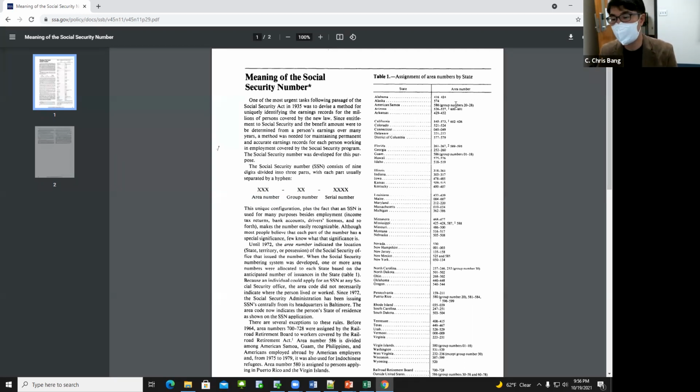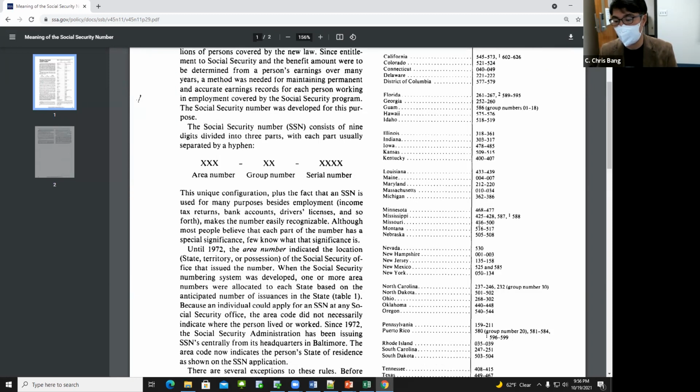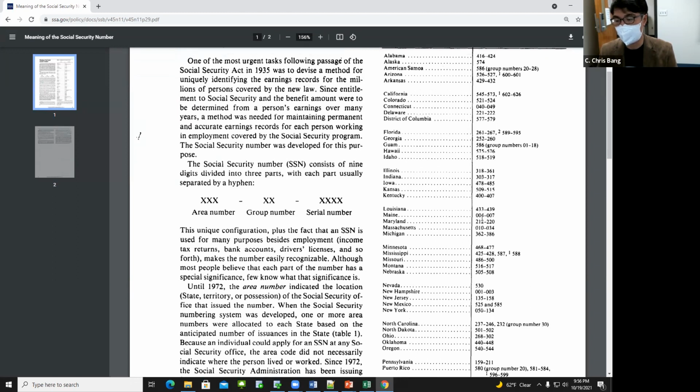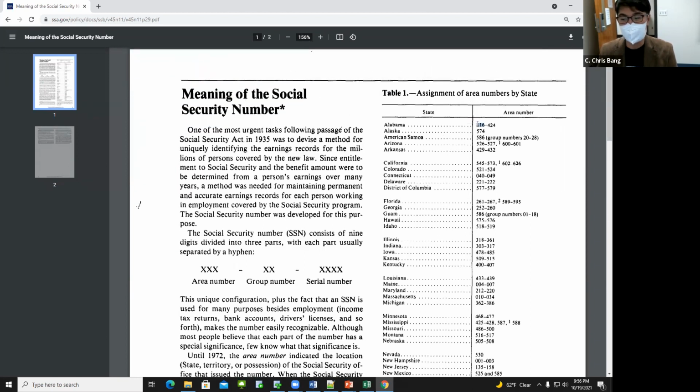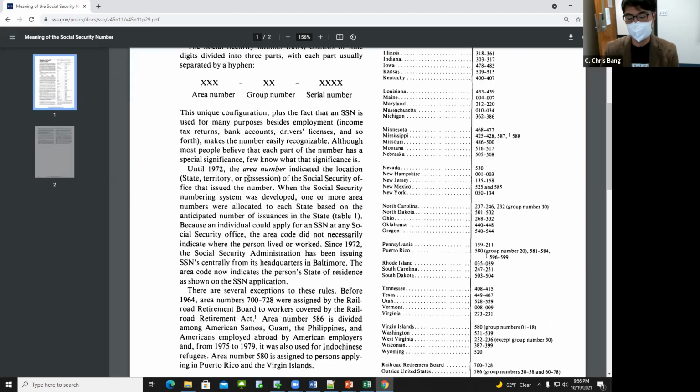Okay, so as you can see, the area code is slightly different. It is not the area code for a phone number. They have their own area codes. Alabama is 416 to 424. Indiana, Iowa, they have their own area codes. It's not 334, right? So I don't know what the group number indicates. But anyway, like this,